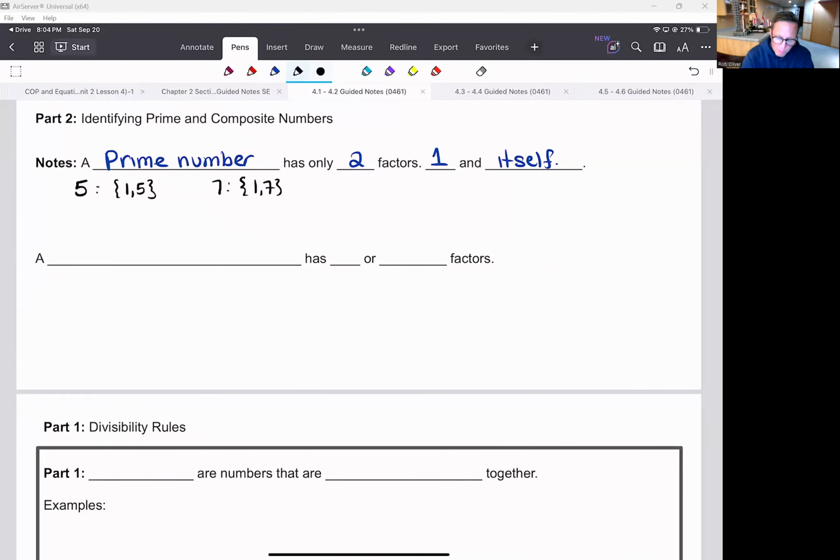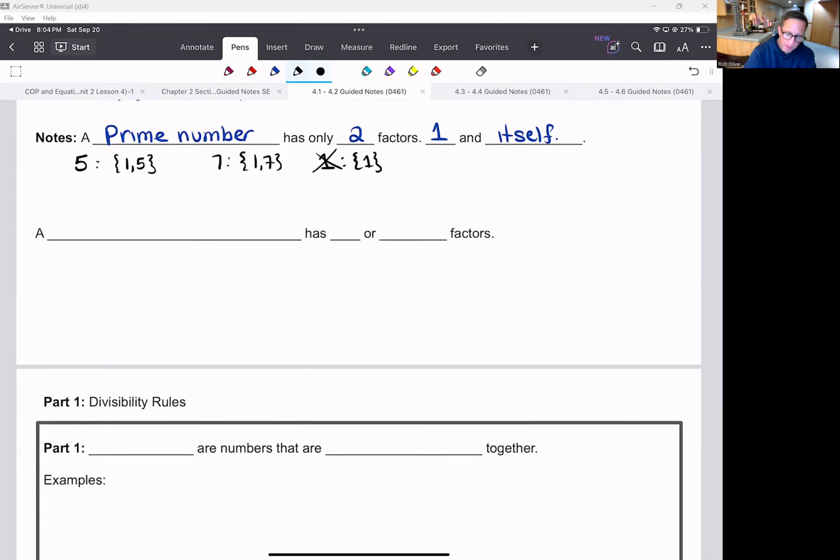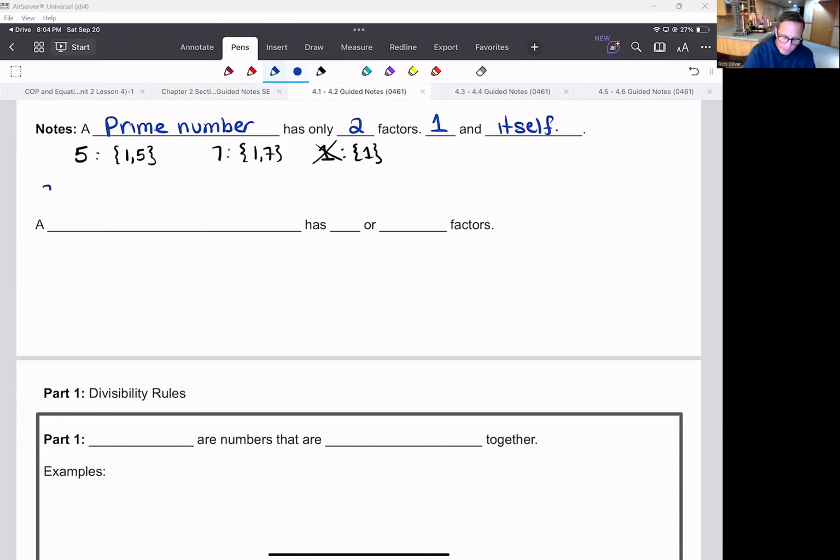So 7, prime numbers. Let me just say this before we list them out. 1 is not a prime number because 1 only has 1 factor, okay? So 1 is not a prime. Okay, so prime numbers, I'm going to list out a bunch. So 2 is a prime number, 3 is a prime number, 5 is, 7,